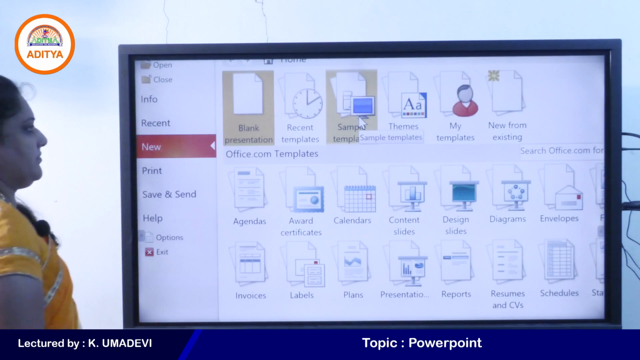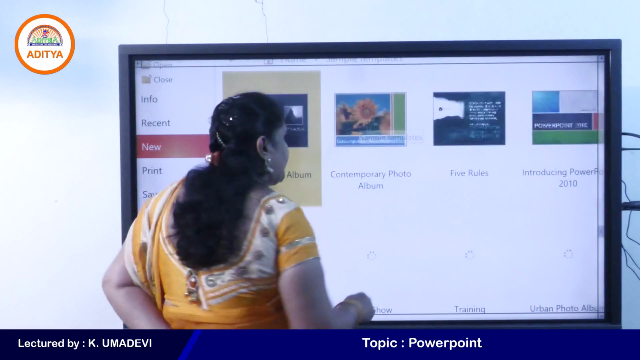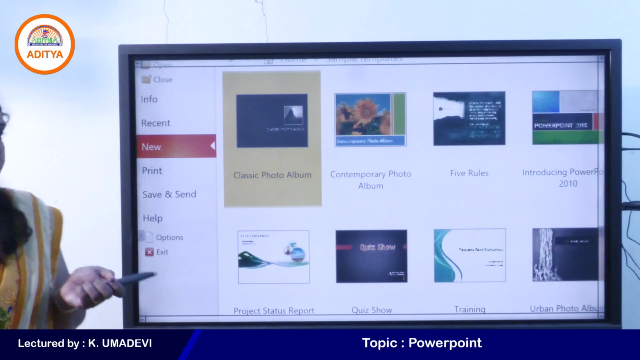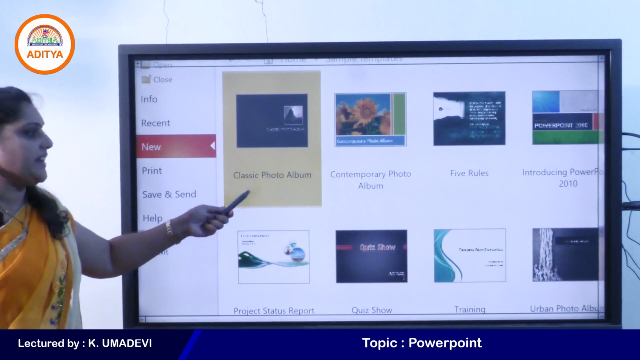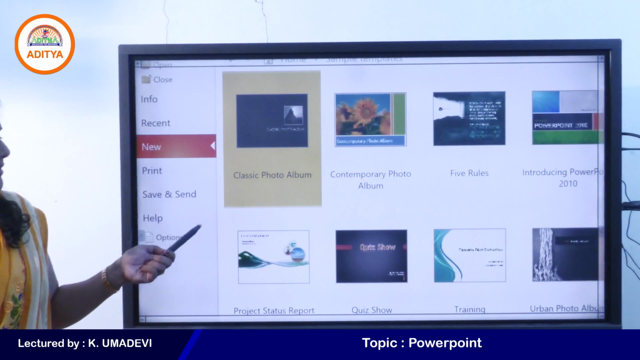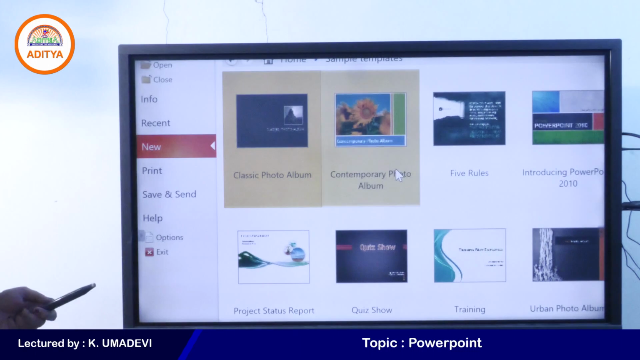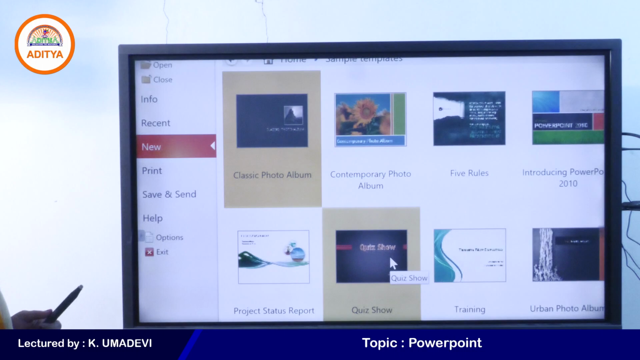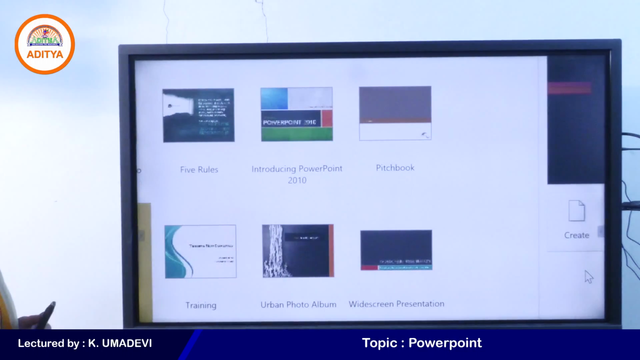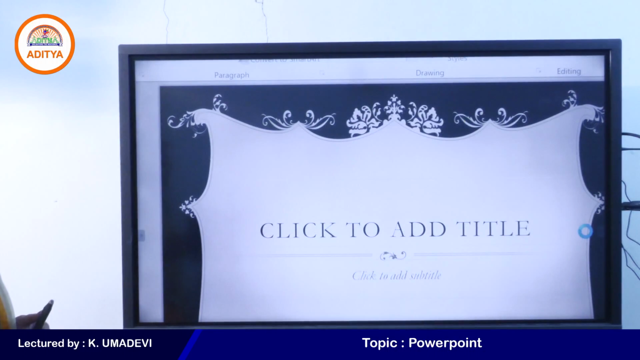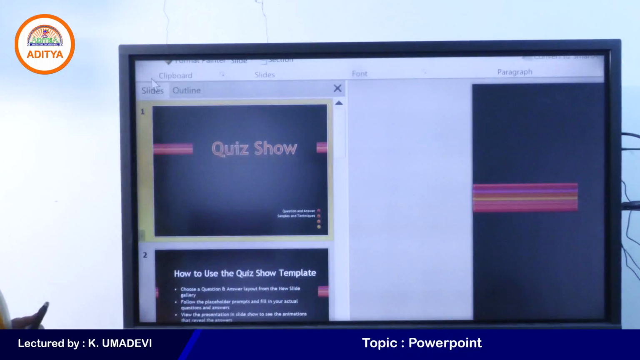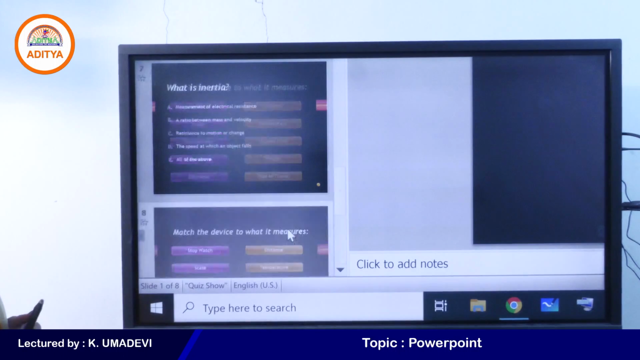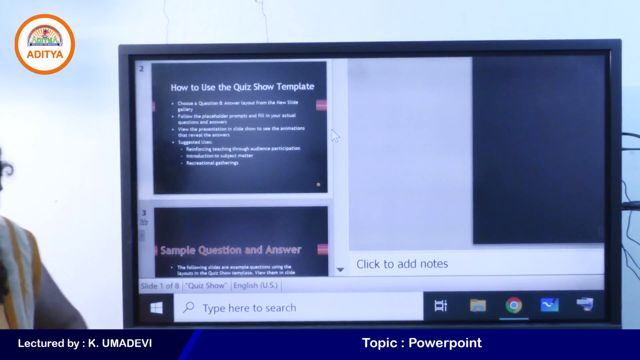Sample Templates. So that means here sample template means a predefined presentation is available on your system. Okay, simply select any one of the template presentations among these options. For example, here I'll select Quiz Show and then click Create. So select the template and click on Create. Okay, so this is the sample